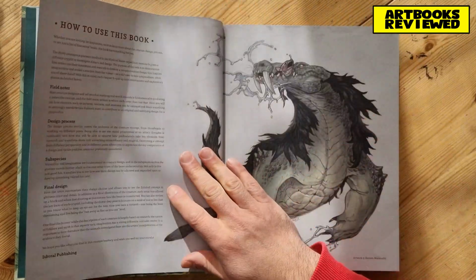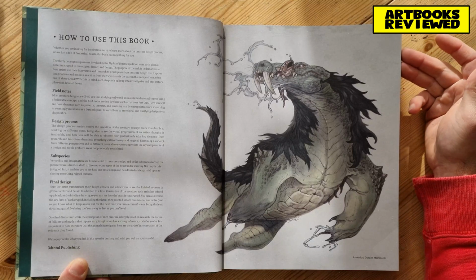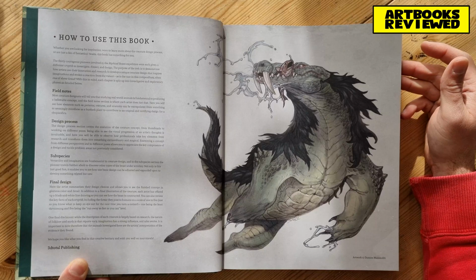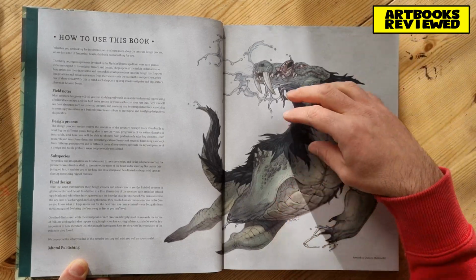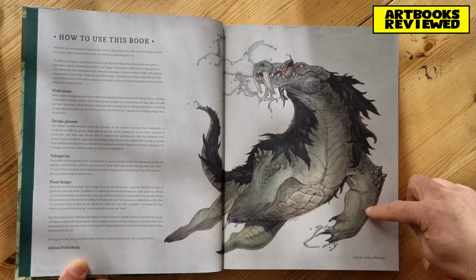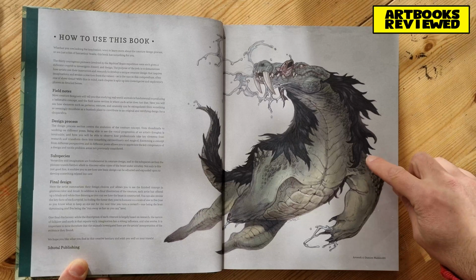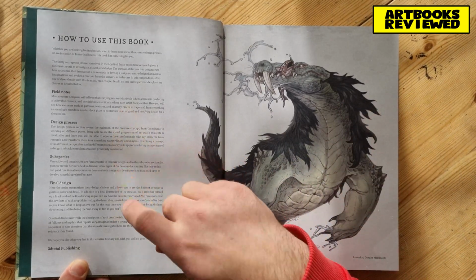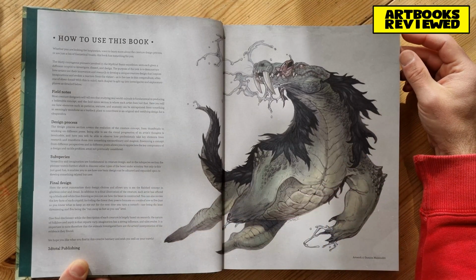Right, let's keep going. How to use this book. Whether you're looking for inspiration, want to learn more about the creature design process, or are just a fan of fantastical beasts, that's me, this book has something for you. This is like some sort of weird old dinosaur from yesteryear with a mane. So anyway, there's 30 courageous pioneers involved in this. Basically, 30 illustrators have contributed to it,